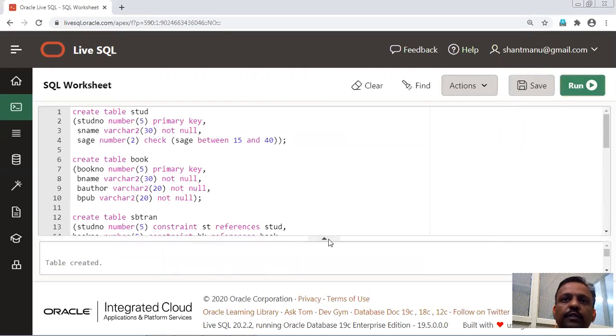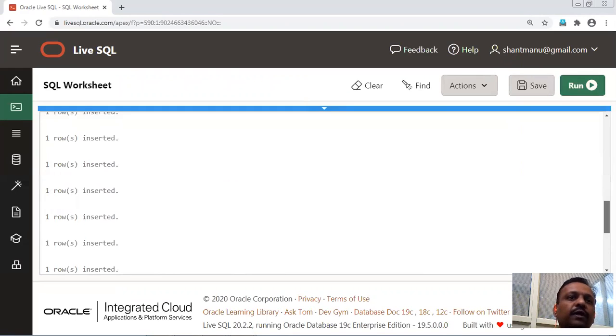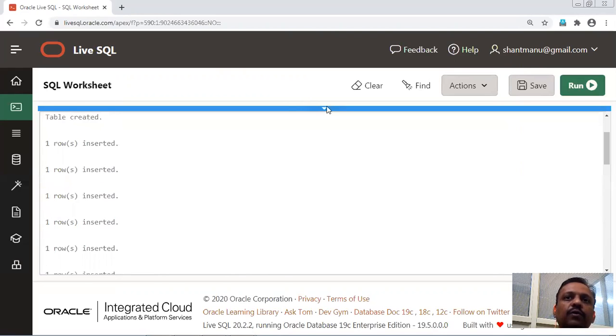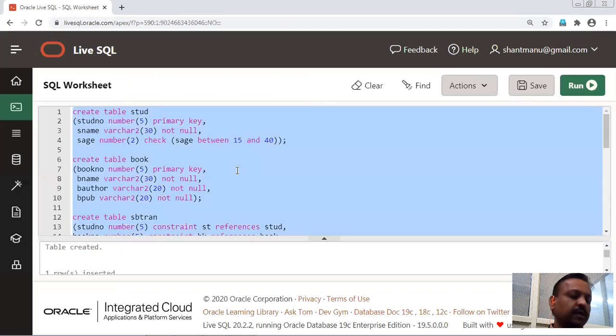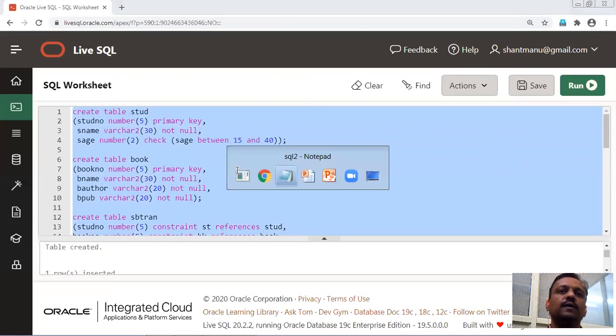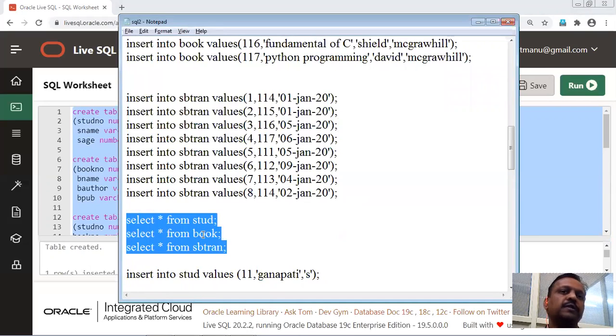So this is the output. Three tables are created: student, book, SBTran, and records are inserted into the tables. Now let's see the tables. We have three tables. Select star from the three tables.